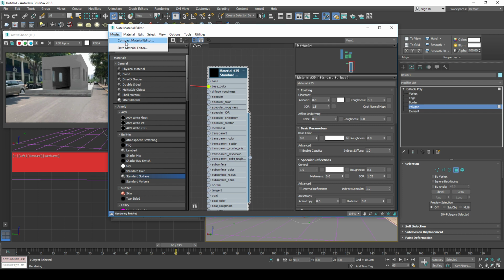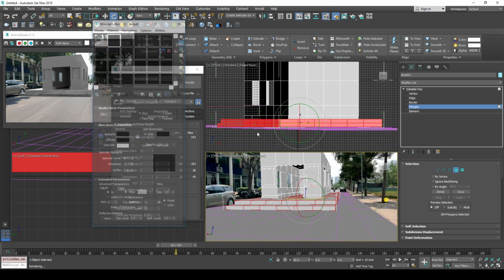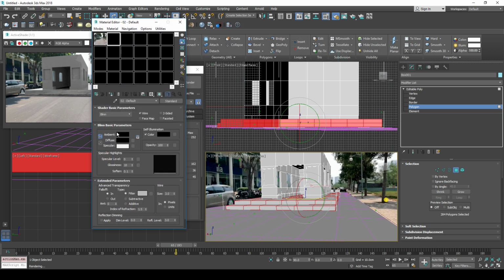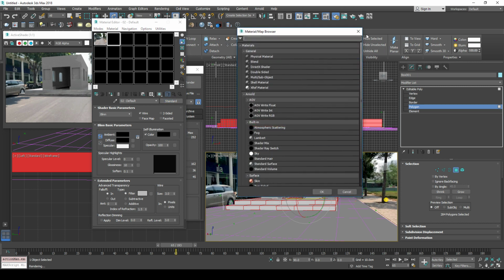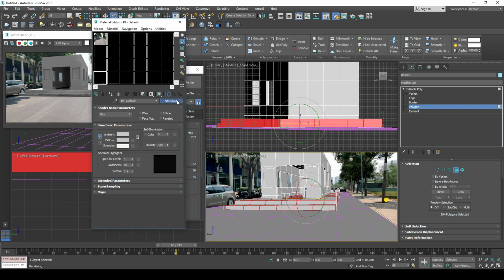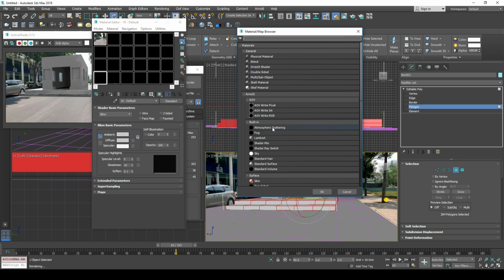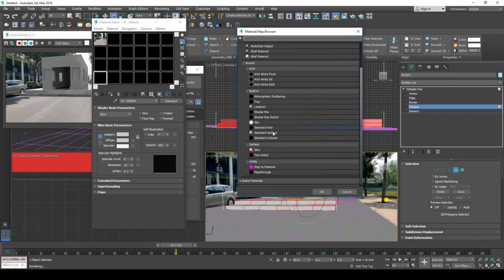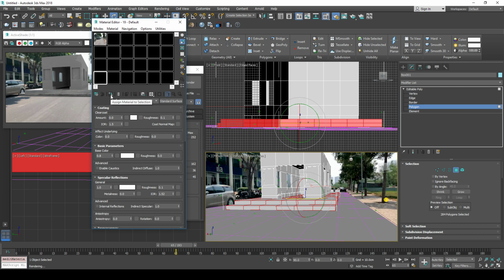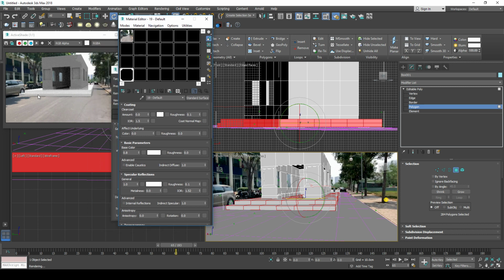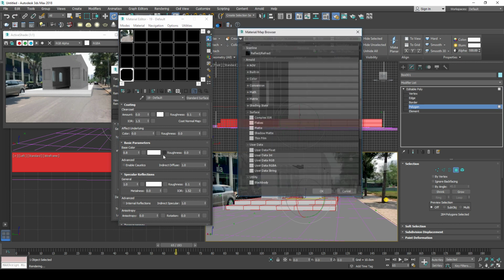So here I'm going to say compact material editor. Okay, and where's that material at? Okay, I'm just going to have to create a new one from scratch here. So I'm going to create another slot here, standard, say an Arnold shader, standard surface, and if I click on here, it's the same thing, assign material to selection. It's going to assign just the stairs, and you see that our stairs turned white, okay, and it says base color. I'm going to go ahead and click on this again, bitmap,